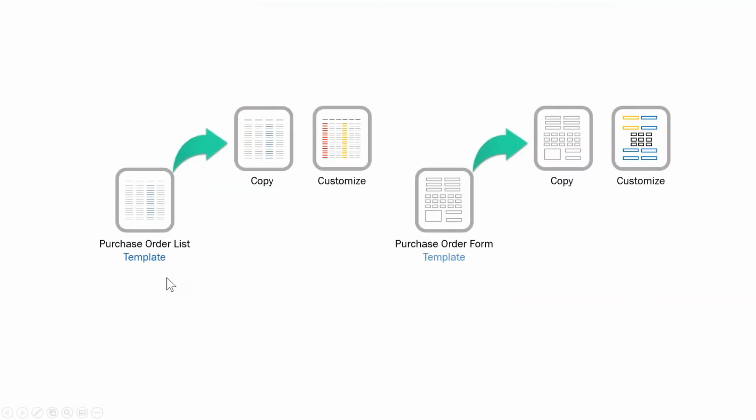Now, what's nice about these templates is that you can download them, bring them into your environment, and customize them to your needs. So going in, if you have user-defined fields, adding those user-defined fields in. Or maybe it's a form and you don't need the branch, or you don't need the project code fields that I showed you on my example. Well, you can simply go in and remove those from the form, and then save it as your own. And now we're not developing. All we're doing is just configuring.